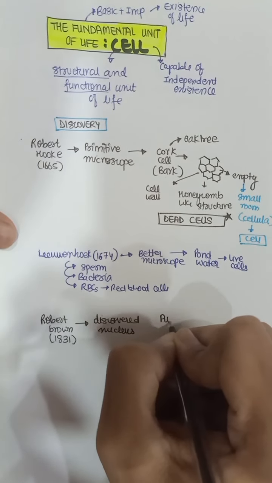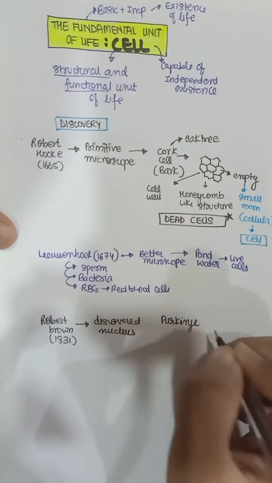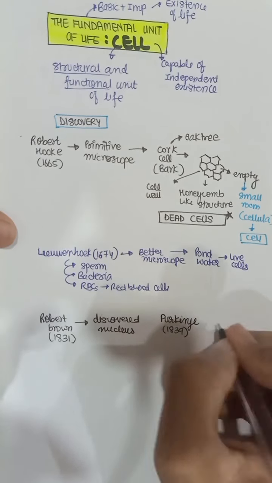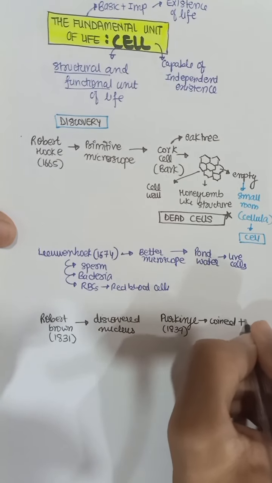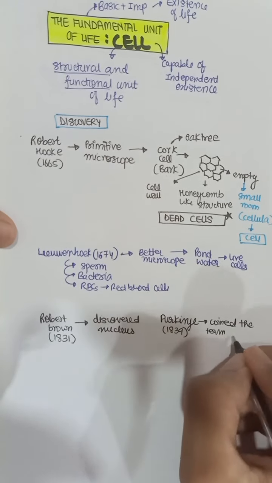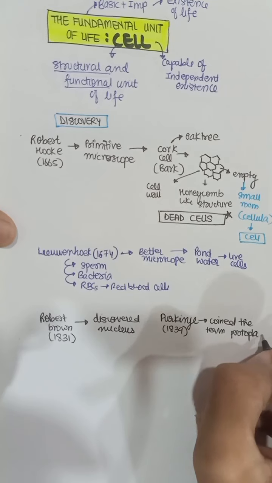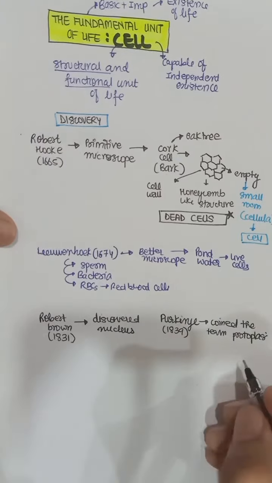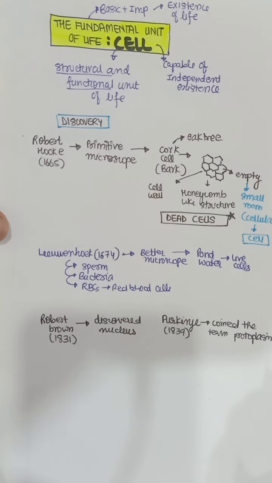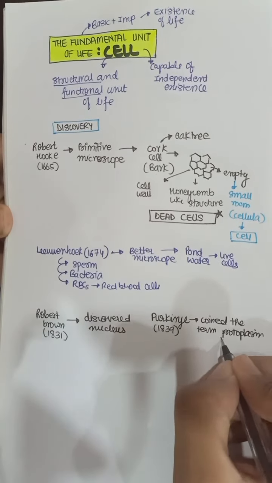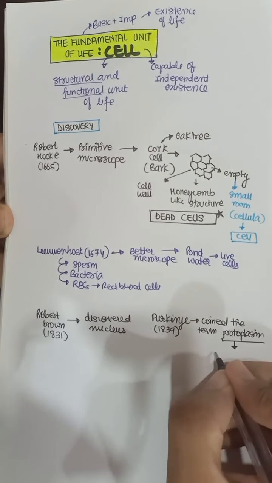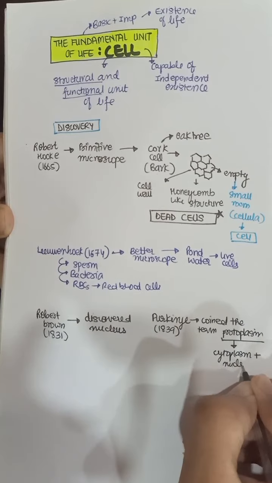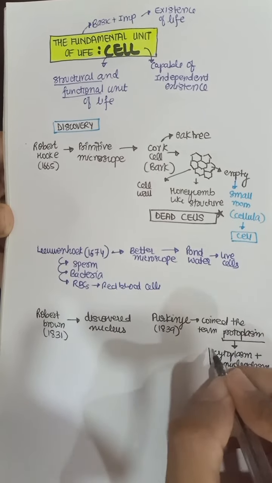There's a scientist named Purkinje. So, in the year 1839, he coined the term protoplasm. Protoplasm actually means cytoplasm plus nucleoplasm. We'll discuss about this